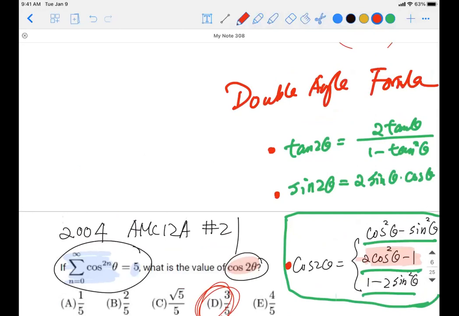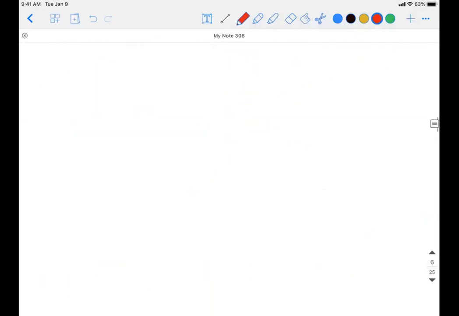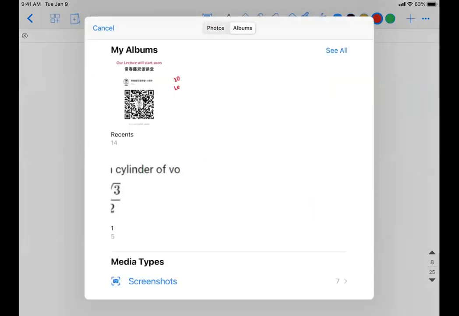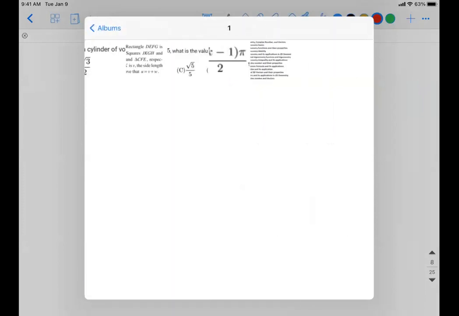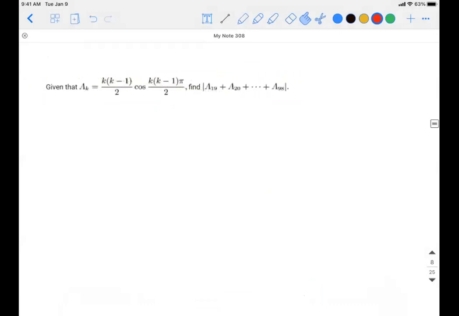Perfect. If all good, let's go to one relatively difficult problem, but not super difficult. Let's go for an AIME problem. Again, we're not using very flowery, very complicated identities. We just use something very basic, very foundational. So the problem we're looking at comes from a relatively old problem, 1998